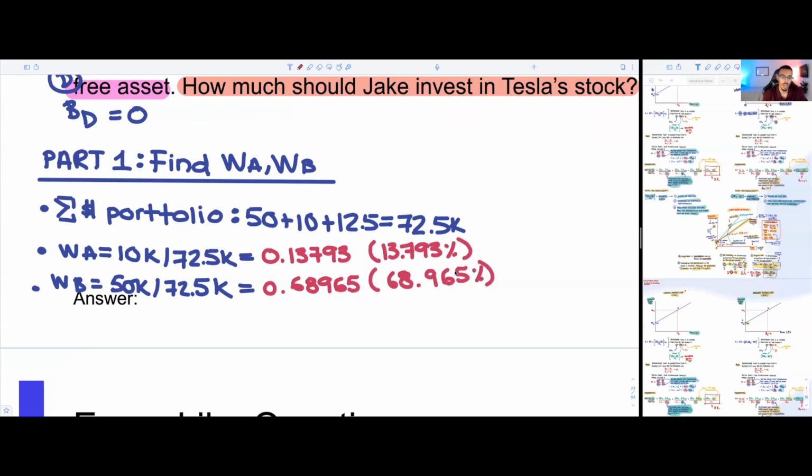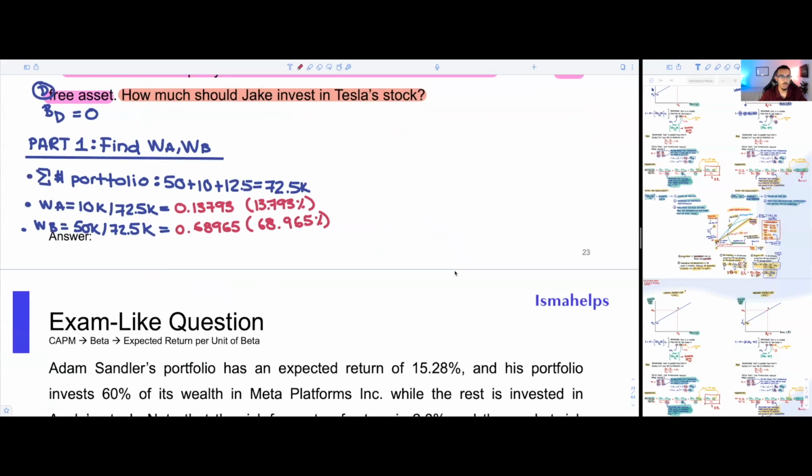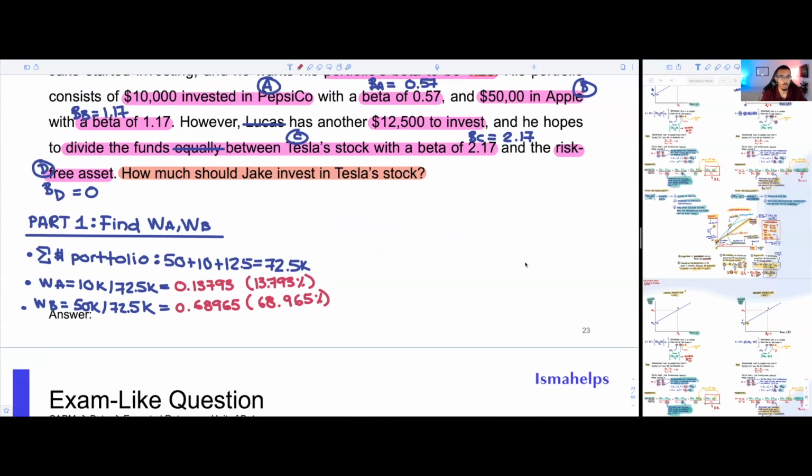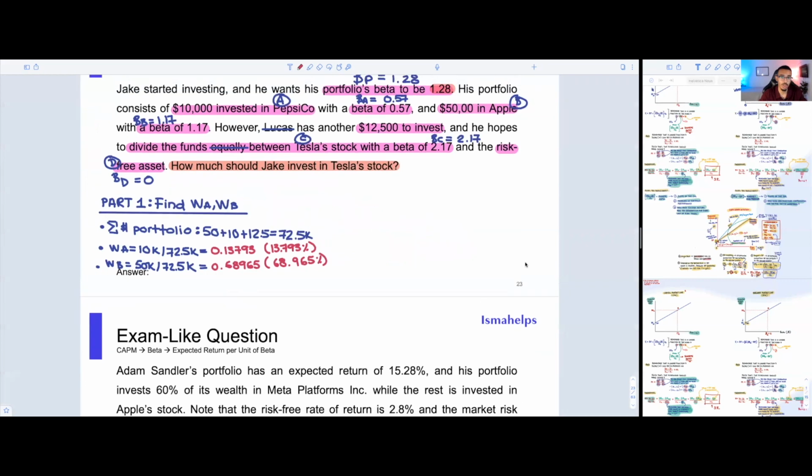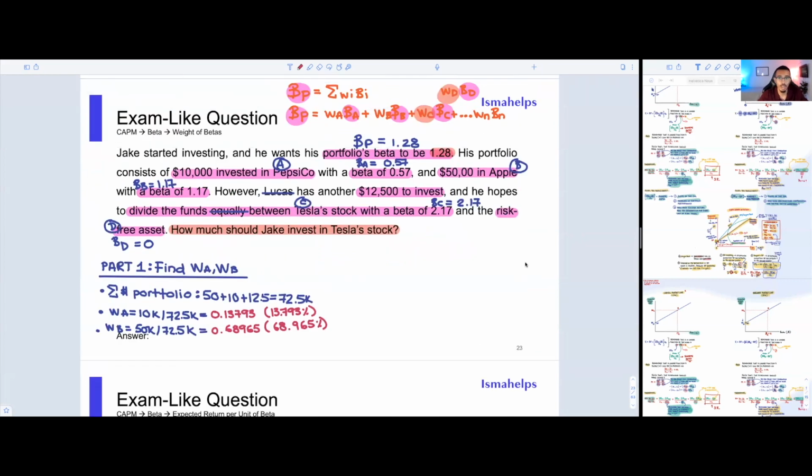And we want to know, well, how do we have to invest the remaining pieces of the portfolio to achieve a beta of 1.28, even if possible at all, to be honest with you. So being the first time that I made the question, we're actually going to have to see if it actually holds and or works. So now we have the weight of A and we have the weight of B,